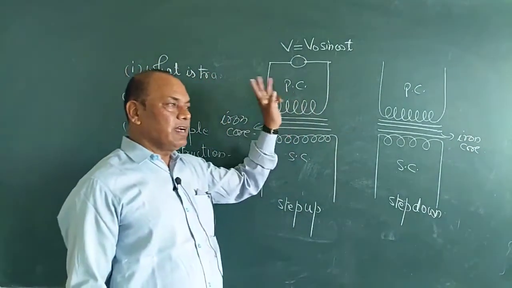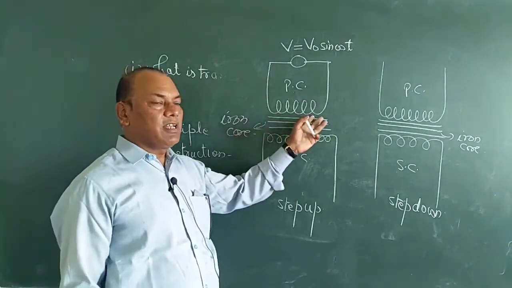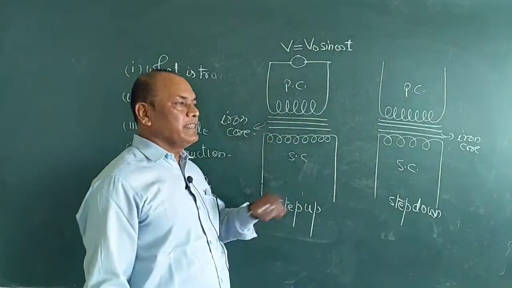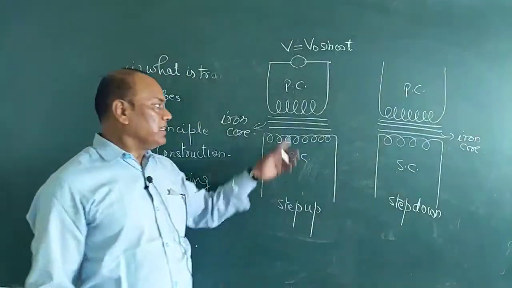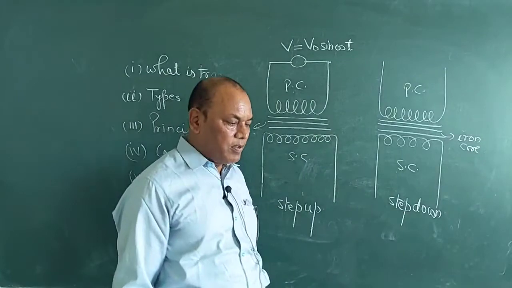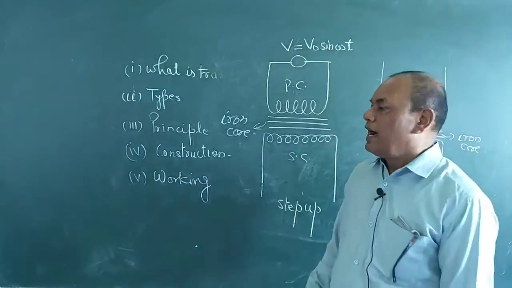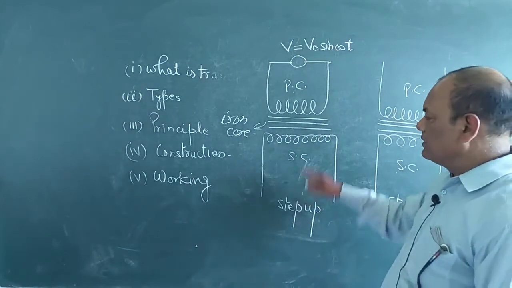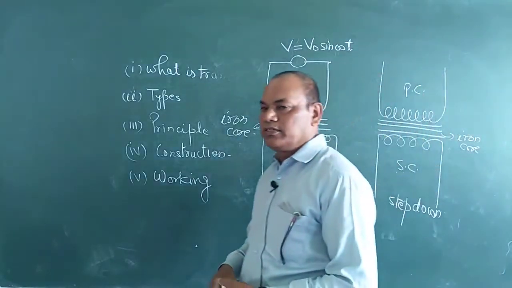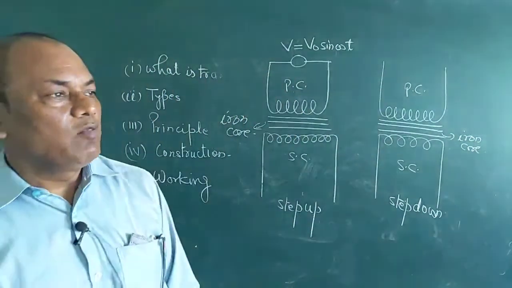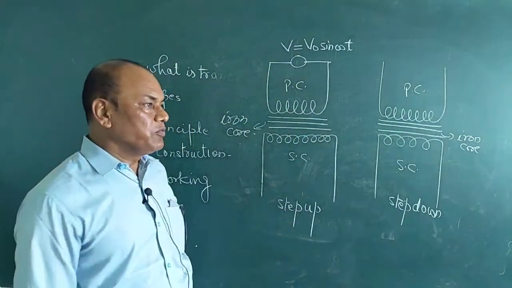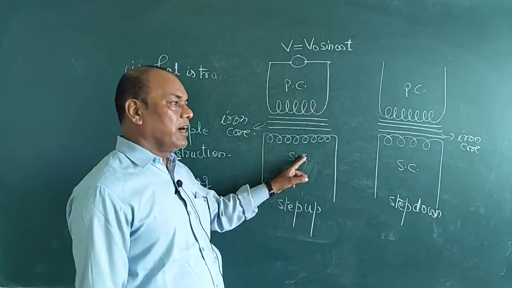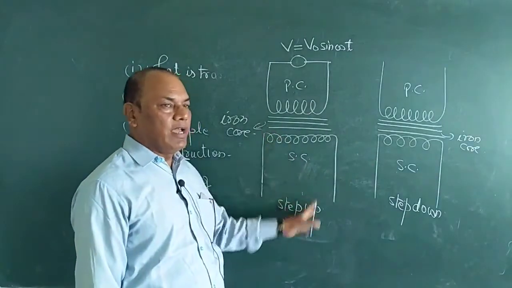Due to the flow of this alternating current, magnetic field lines are produced around it, and since the iron core is attached to this primary coil, this will increase the number of magnetic field lines. And these magnetic field lines will pass through the secondary coil. Why? Because the secondary coil is also attached to the same iron core on which the primary coil is attached. In this way, a sudden change of magnetic flux or magnetic field lines occurs in the secondary coil.